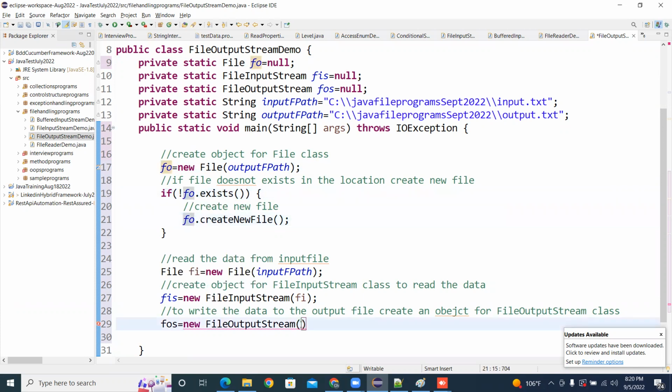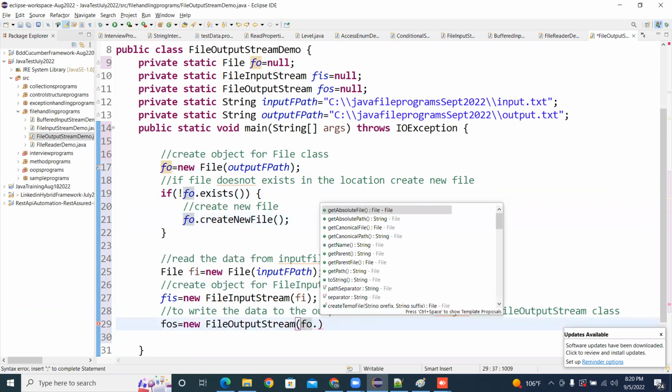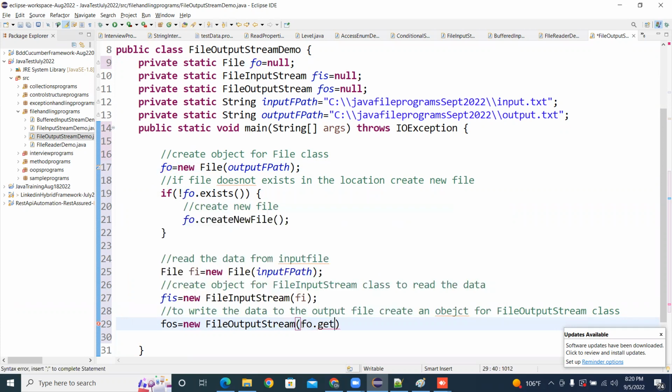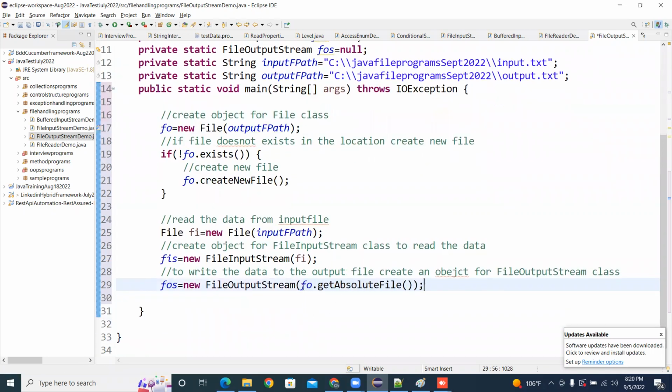So F4 dot getAbsoluteFile. You will get the file path completely. You don't need to worry about that. So the created file path will come here. So this is the output file path. Now, first I need to read. To read, I need to use int i equal to 0, and then while i equal to fis dot read